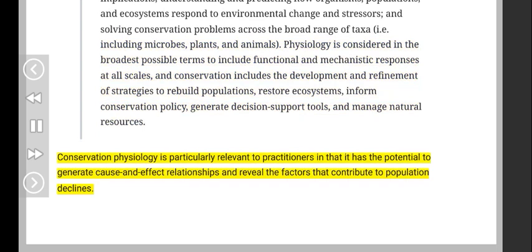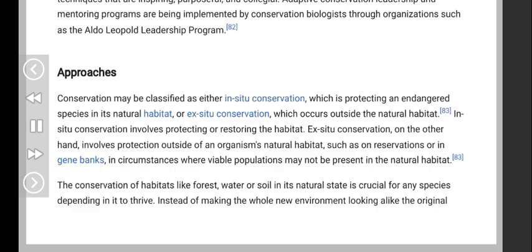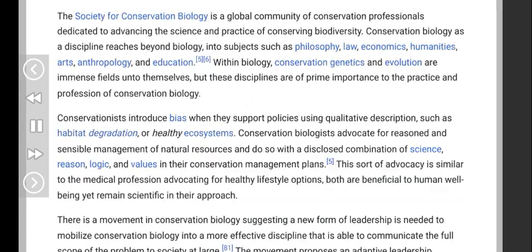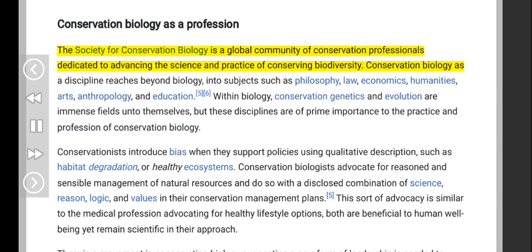Conservation physiology is particularly relevant to practitioners in that it has the potential to generate cause and effect relationships and reveal the factors that contribute to population declines. Conservation biology is a profession. The Society for Conservation Biology is a global community of conservation professionals dedicated to advancing the science and practice of